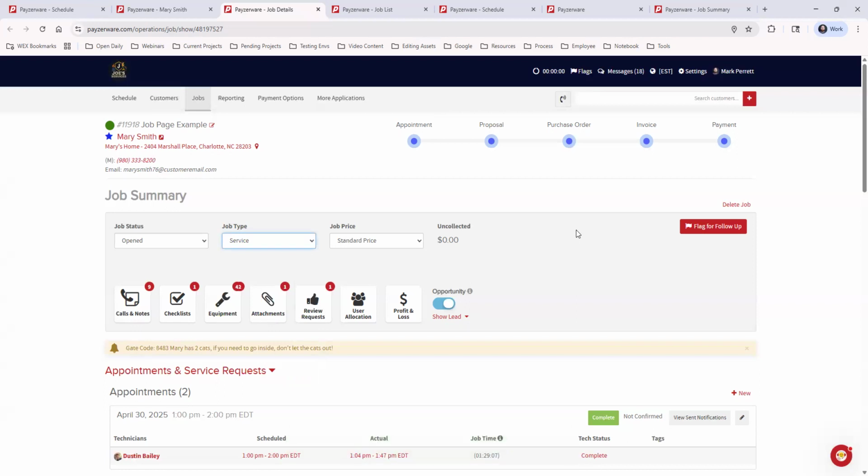So a common thing would be, how much money did we make from our service side of the business last month? Now let's compare that to the repair side of the business. Whatever you want to look at, the job type allows you to tag your jobs, which makes that filtering much easier. Job price, that is going to be